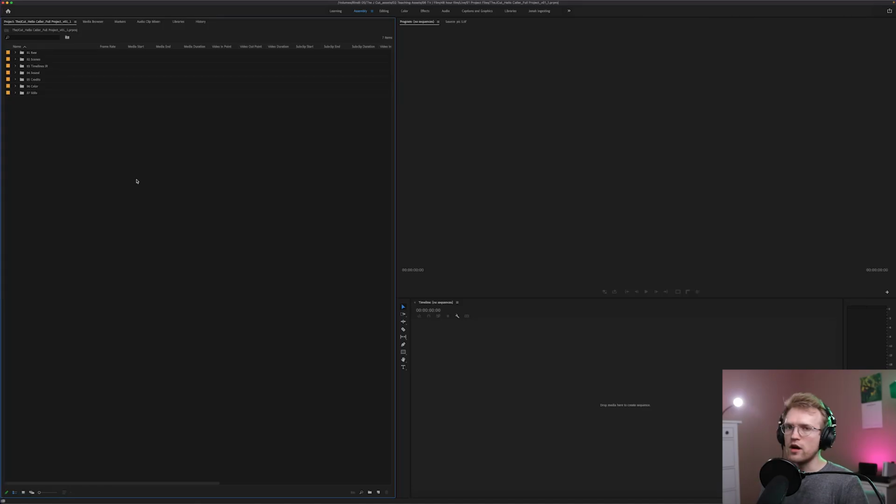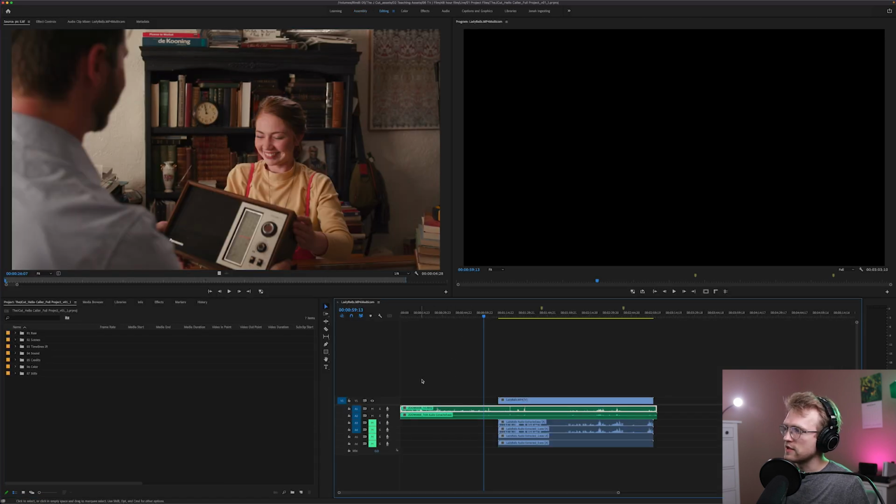I am in one of the short film Premiere projects, and I'd like to show you the main way that I usually categorize and organize within Premiere. This is more or less the same as I still do it, even though this was several years ago. By the way, this is the workspace layout for assembly. We could change it if we went to editing, and we could see our sequences here, but we're in assembly